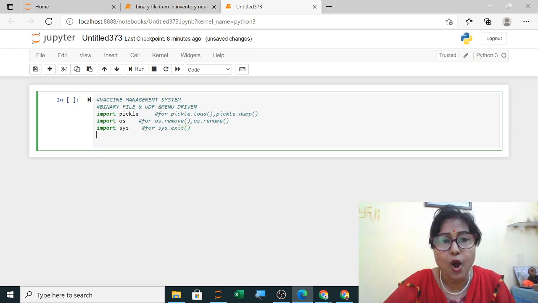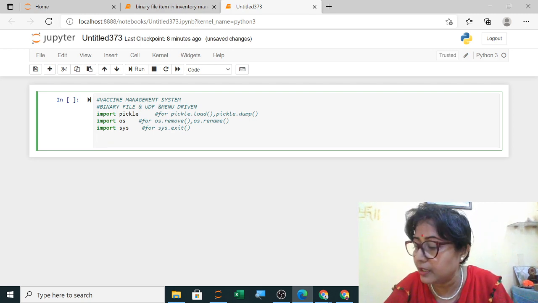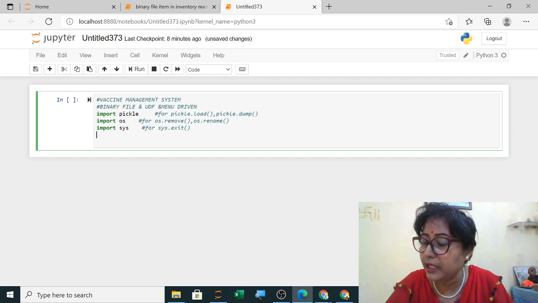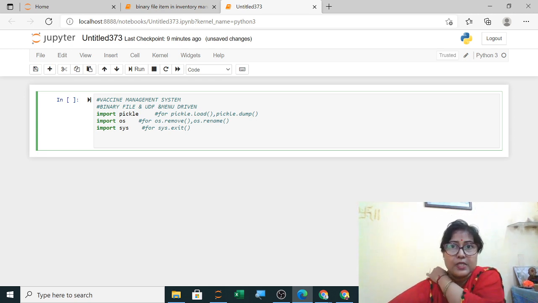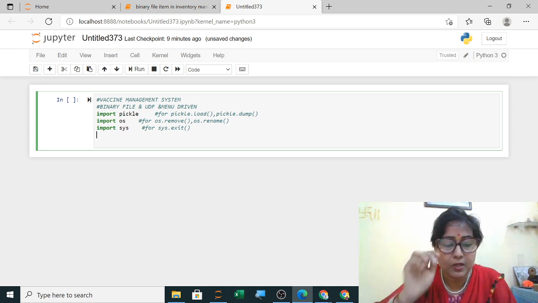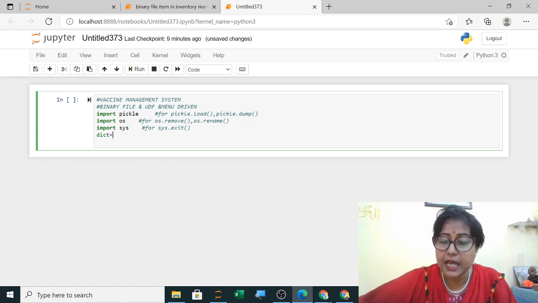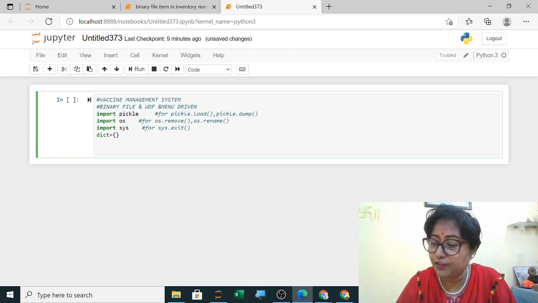So till here all your projects will be the same. Till now I haven't mentioned the domain. So till here whichever domain you are using, it may be your bank, railway, whatever it is, till here it will be the same. Now I am trying to use a dictionary. So you can use list, you can use series, any method you can use. I am using a dictionary now. So any dictionary I have to create, I am creating an empty dictionary. I will store the data in this dictionary after taking from the user.